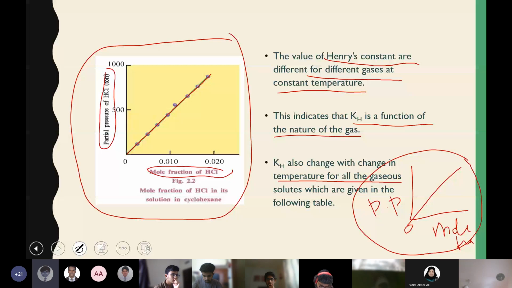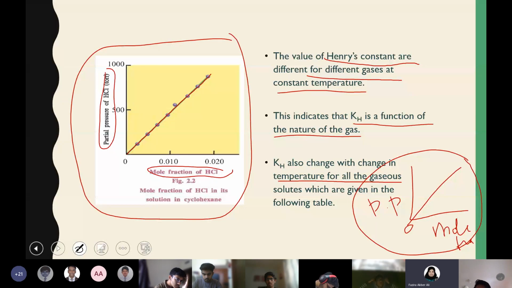Will they ask us to prove this in the exam? No, actually, they won't, but maybe in a multiple choice question, four different types of graphs will be there. Which graph satisfies Henry's law? Different lines can be there. It should always be a straight line passing through the origin. That is how usually in entrance tests they ask about different laws. The only thing is that you need to know whether it's directly proportional.